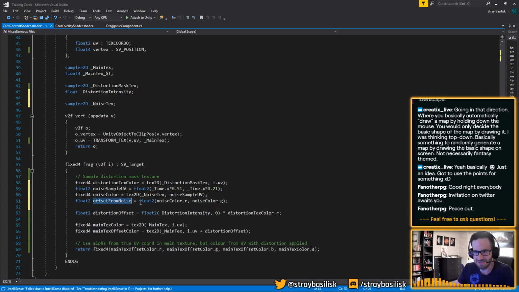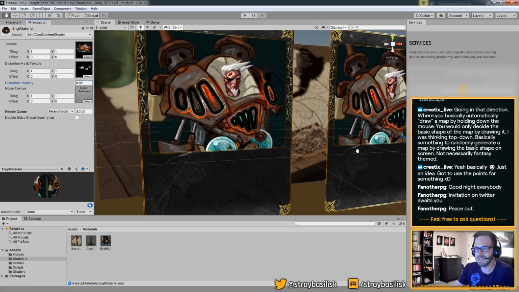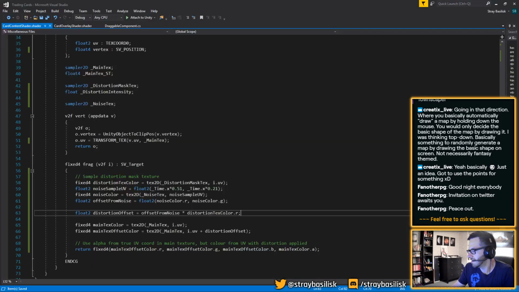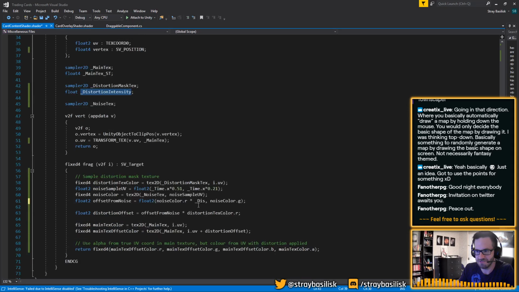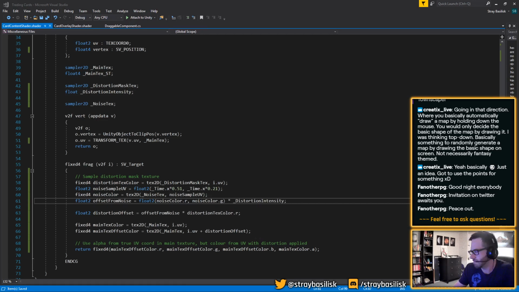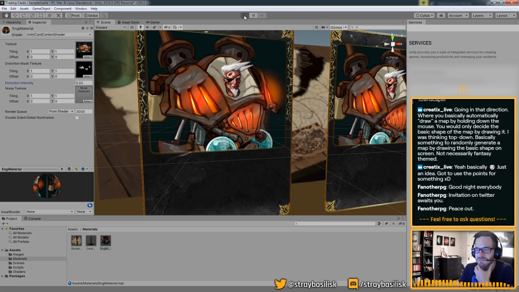Now the distortion offset is going to be this offset from the noise times by the alpha from the mask, to factor in the intensity also. Cool. Now I believe if I play this,